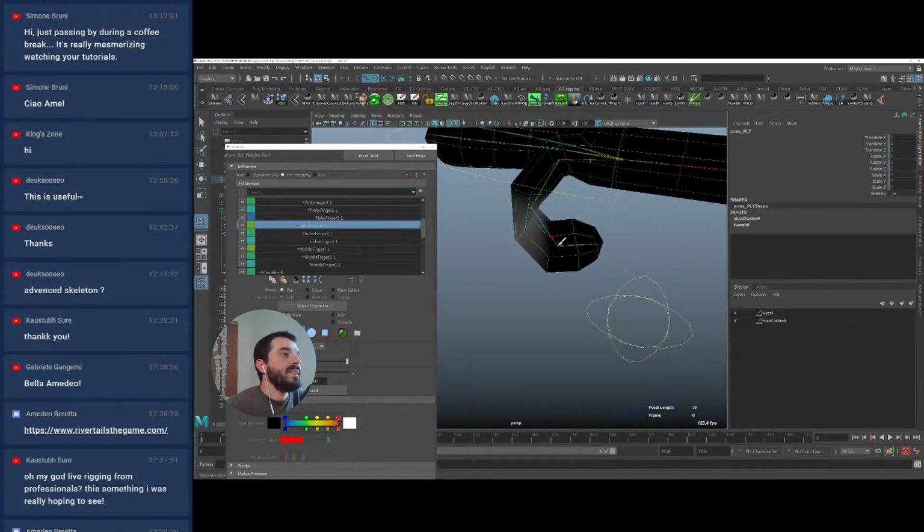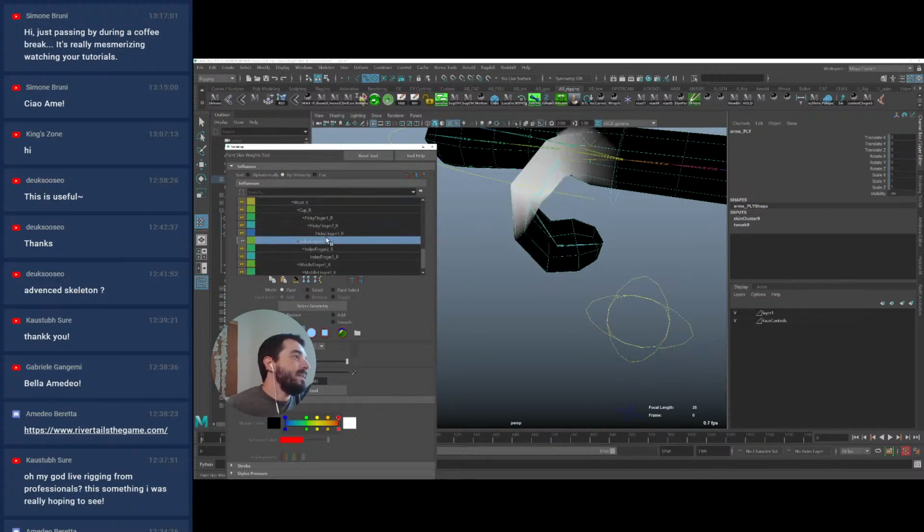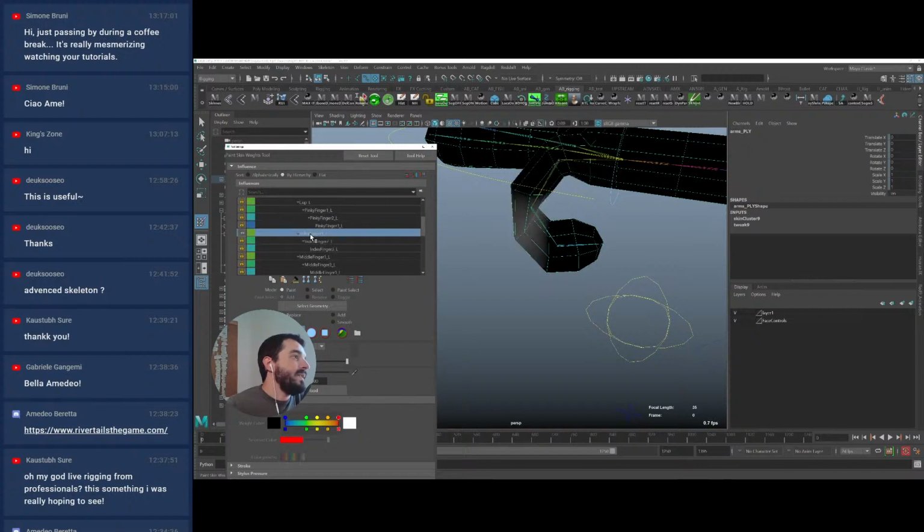Oh, I see, index 1 was also skinned the wrong way. I don't know what I was thinking. So let's set index 1 free for the left hand side and the same on the right hand side. And now I want to go to the left hand side and just